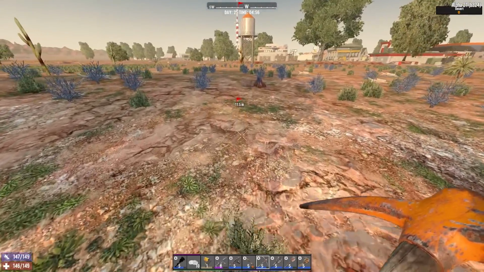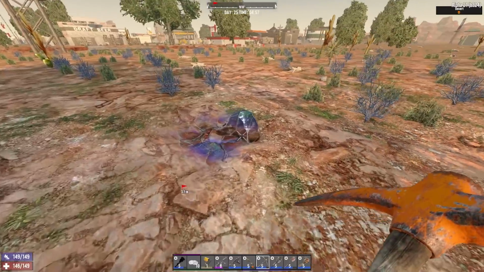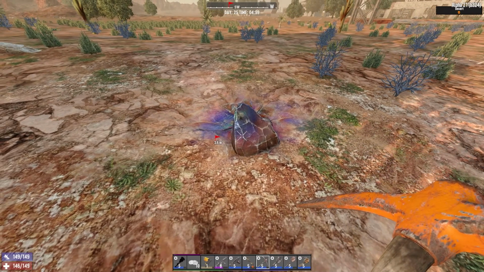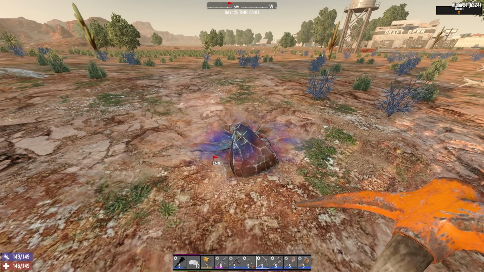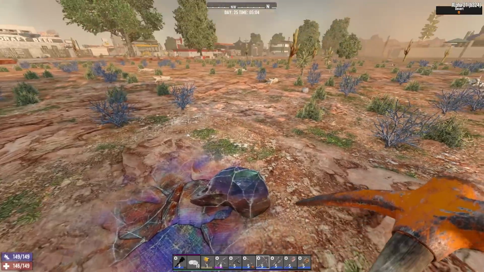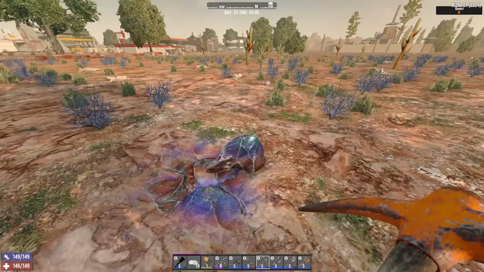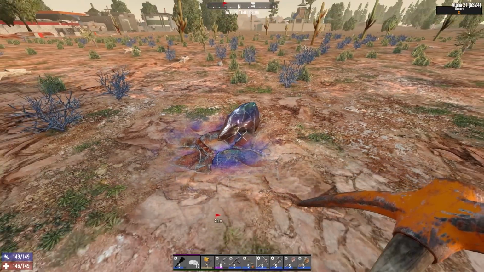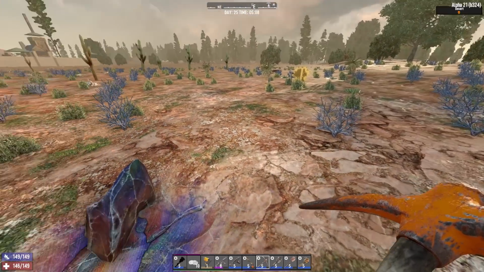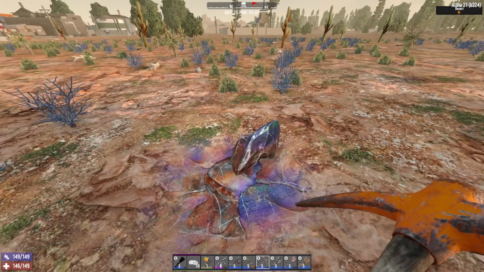Now, if you haven't been following my channel for a while, you might be unaware that in the previous series I did, I tested the difference between the auger and the steel pickaxe. And basically, when it comes to which is the most efficient, it entirely comes down to if you can one-shot a block with your steel pick. If your steel pick can one-shot the block, it will always be much faster than the auger. That's the conclusion we came to, but there weren't that many ores you could actually one-shot in the previous build